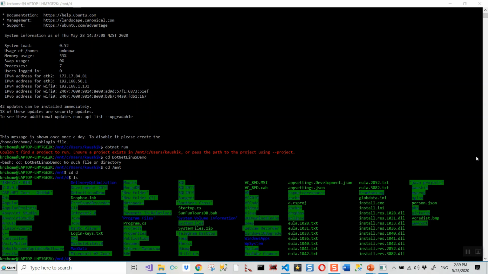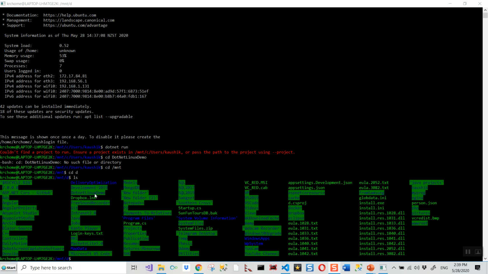I have to repeat the navigation, because the project was on my D drive and Linux will not find it otherwise. So what I did was cd to /mnt, which is where Linux mounts the drives, then changed to the d drive and listed the contents, where I can find the .NET Linux demo.